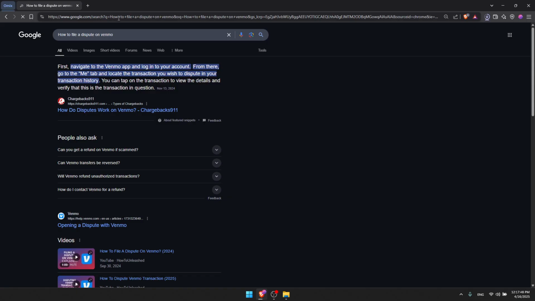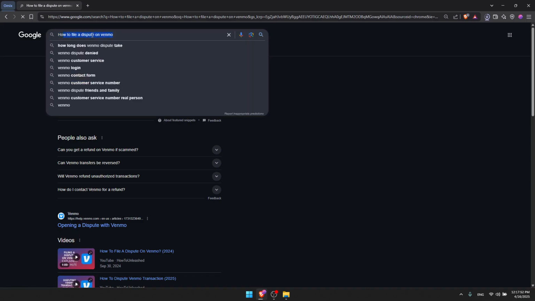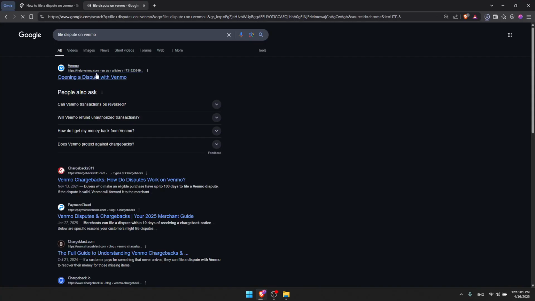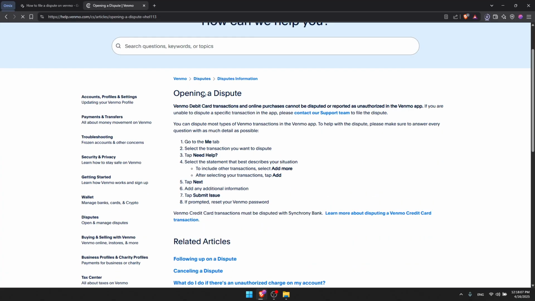Of course, if you want to do it on their website, all you need to do is type, as an example, dispute or file a dispute on Venmo, and simply you'll find the first link here on how to open disputes with Venmo, from the help of Venmo. Just click on it, and as you can see, they will show you the steps on opening a dispute. As an example, Venmo debit card transactions and online purchases cannot be disputed or reported as